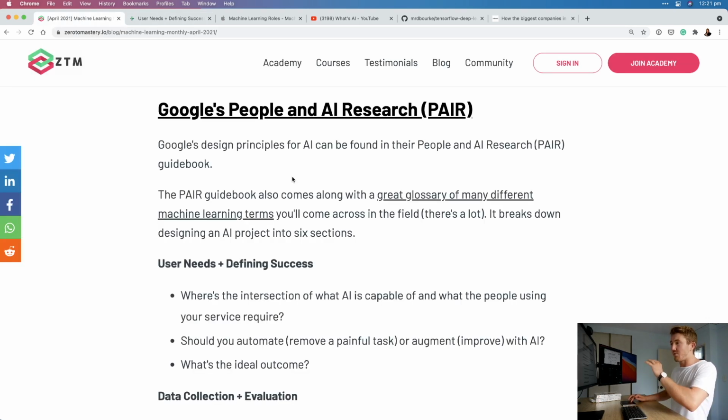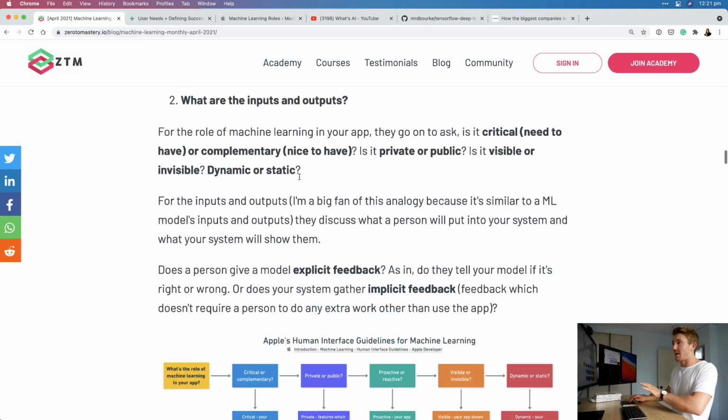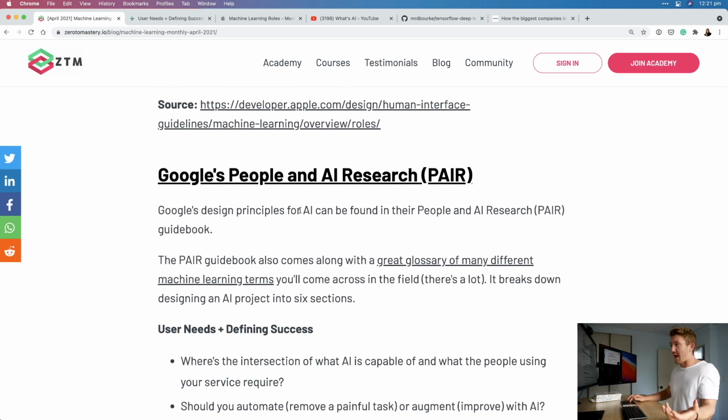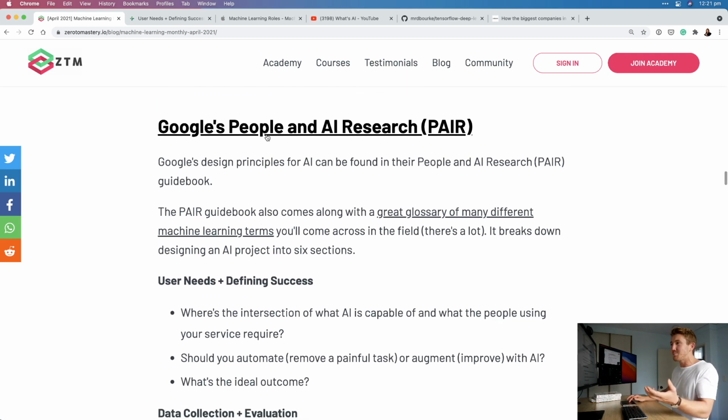As I said, you'll find there's a lot of overlaps between Apple's Human Interface Guidelines as well as Google's PAIR, People and AI Research. See, they use "people" there. Why not just keep that trend? Anyway,